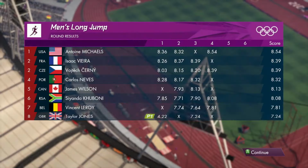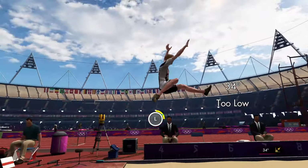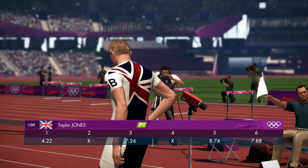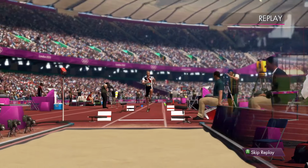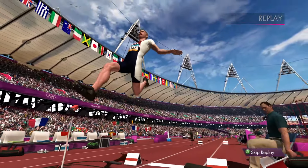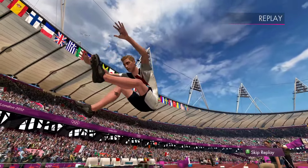Showing nice rhythm on the runway here. Well, the trajectory was too low on this occasion, and that cost valuable centimetres. Sprinting towards that board with great pace. Gets it right as well. That's another great jump. This is a fantastic moment that everybody...